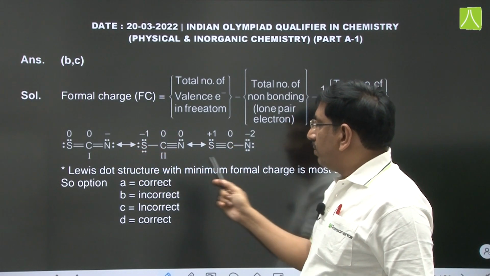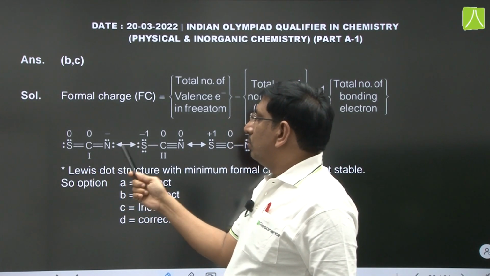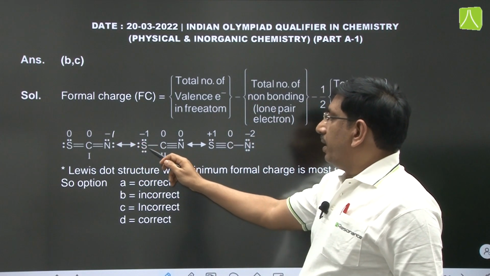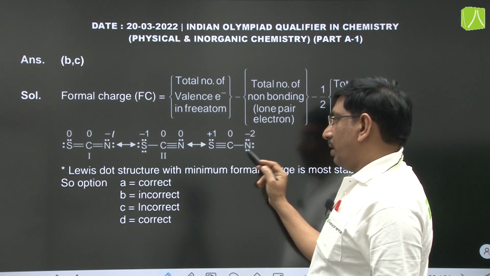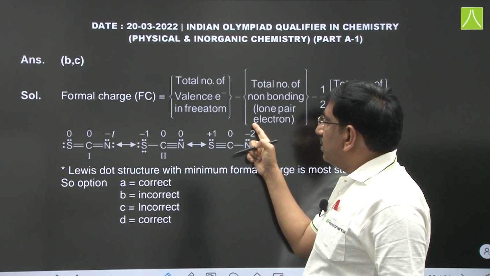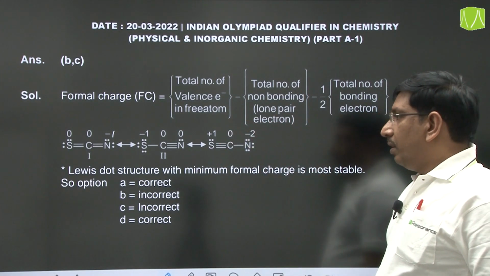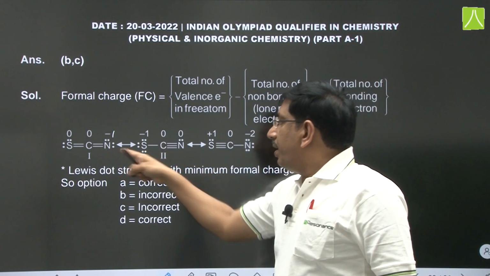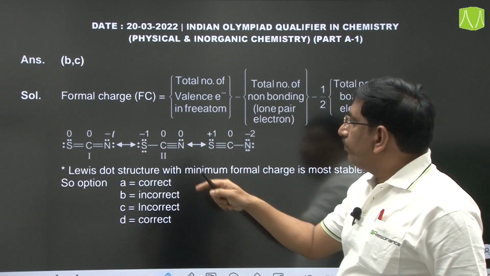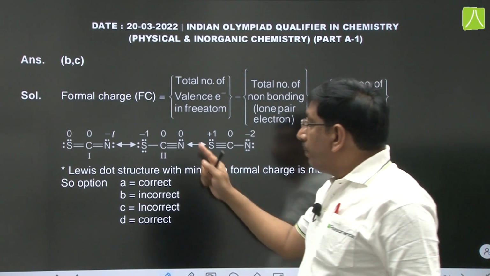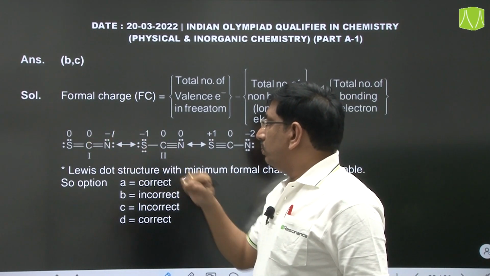यहाँ हमने फॉर्मल चार्जेस कैलकुलेट किया है पहले, तो फॉर्मल चार्जेस आप देख सकते हैं सल्फर का फर्स्ट स्ट्रक्चर में 0, कार्बन का 0 और नाइट्रोजन का -1, एंड सल्फर का यहाँ -1, कार्बन का 0, नाइट्रोजन का भी 0, और सल्फर का +1, कार्बन का 0, नाइट्रोजन का -2। इसमें जिस लुईस डॉट स्ट्रक्चर में मिनिमम फॉर्मल चार्जेस होता है वो ज़्यादा कंट्रीब्यूशन करेगा इसके एक्चुअल स्ट्रक्चर में, तो इसलिए ये 1 and 2 में मिनिमम चार्जेस है व्हेन कंपेयर्ड टू थर्ड वन। तो आपको ये तीनों स्ट्रक्चर्स में 1 and 2 स्ट्रक्चर्स की कंट्रीब्यूशन ज़्यादा है। अब ये दोनों में भी ज़्यादा स्टेबल कौन सा होगा, ये सेकंड वाला ज़्यादा स्टेबल होगा कंपेयर्ड टू 1।